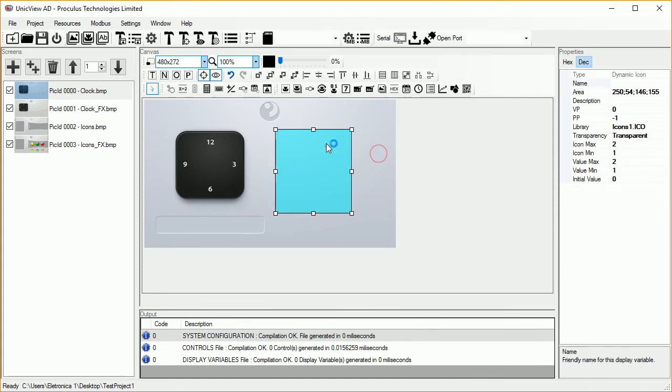Notice that some objects, dynamic icon, for instance, are able to show a simple preview on the canvas panel. To enable the preview, click Show/Hide Object Preview.